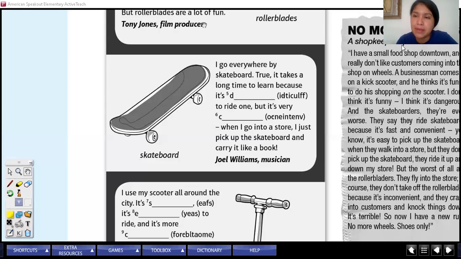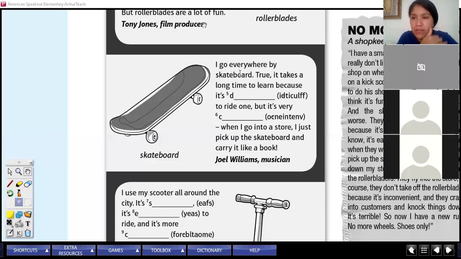For example, Karima, start reading and maybe you can find the answer to the first part. I go everywhere with my skateboard. Does it take a long time to learn? To learn because it's difficult. Very good. It's difficult what? To write on one, but it's very